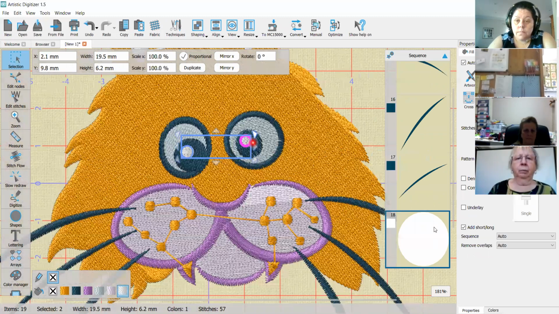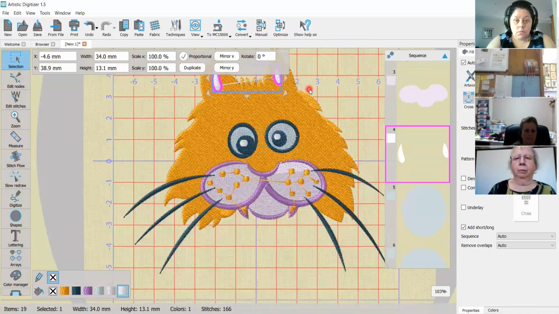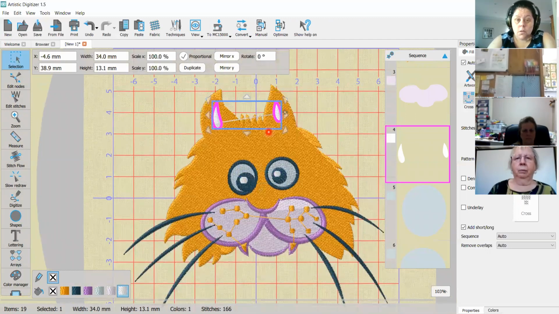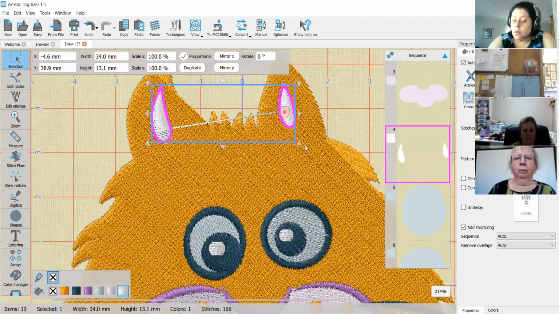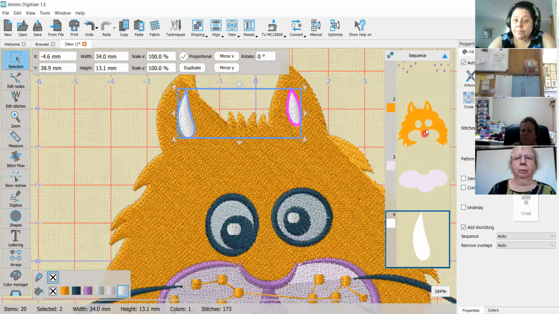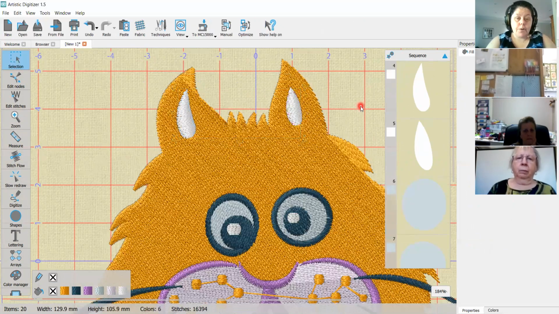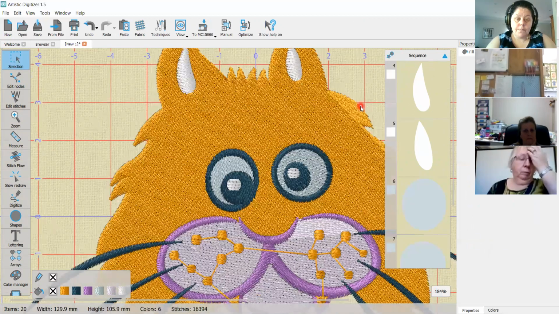Okay. So just go through our sequence. So here's another one. Zoom in, right click on our mouse, break apart. So you can see as we've broken that apart, those jump stitches are now disappearing. So we're going to go through. Yep, okay, so everything's now broken apart. So if we zoom out,